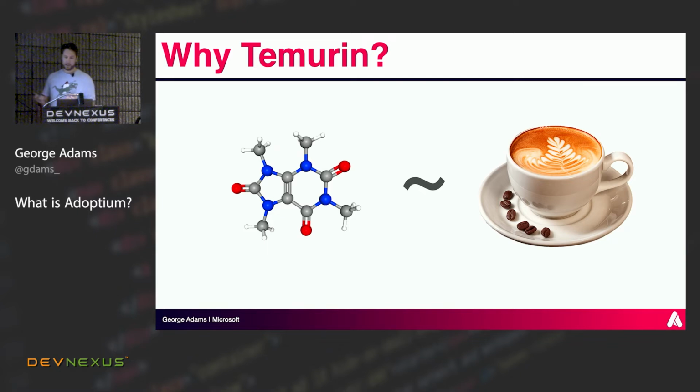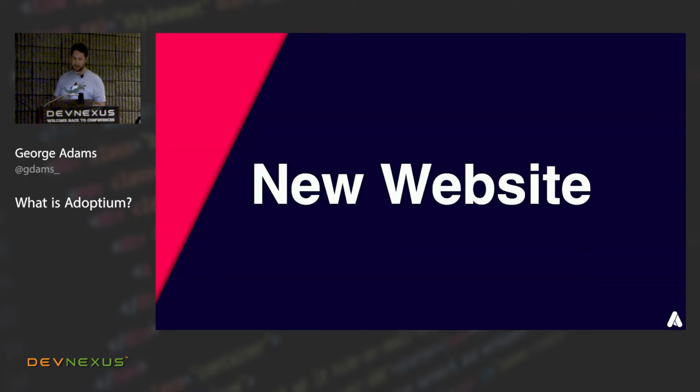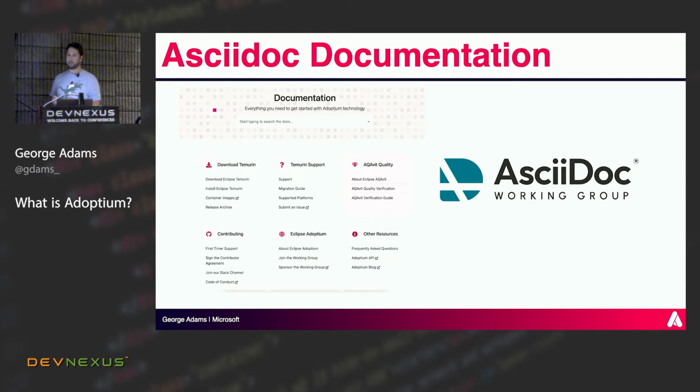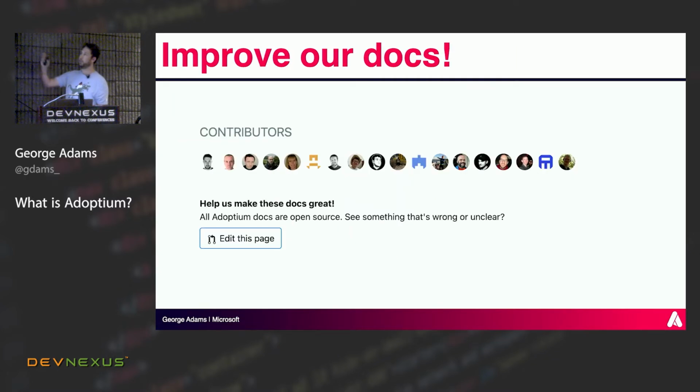As part of this, we also created a brand new website, which we launched last month. The really exciting piece of this is that we created a completely AsciiDoc-written documentation hub. One of the pieces of feedback we had when we spoke to users was that it's really hard to find documentation, and hard to understand the next steps once they've downloaded the builds. So we wanted to make it easier for people to find those next steps. We wanted to make the installation guides easier. And the other thing is we wanted to make it easier to contribute.